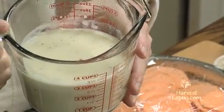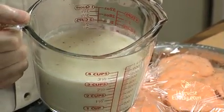And then, in this lasagna, we use what's called sauce bechamel. No tomato sauce, just a white sauce. And this is an interesting recipe that you can use in a lot of ways. If you search the website for bechamel sauce, you'll find out how to make that. So while this cooks,